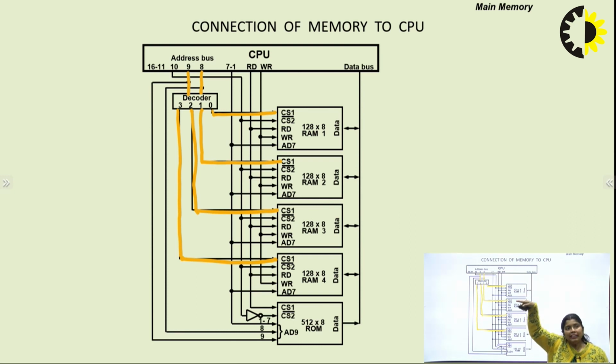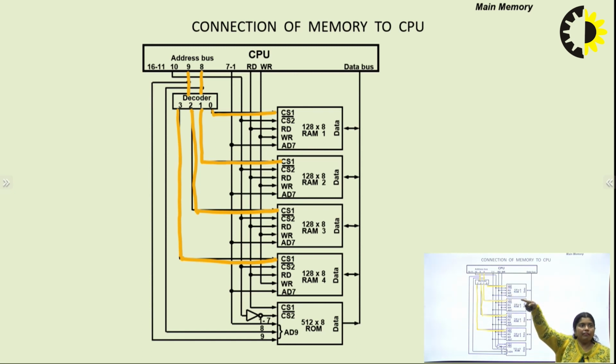So it means what? When the 8th and 9th bits are there, because the 2 bits are there, the combinations are what? 2 to the power 2, that is 4 combinations will be there. It means when the 8th and 9th bits are 0, 0, then the data will be stored in